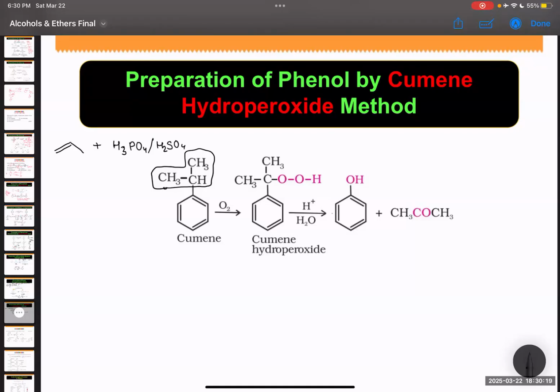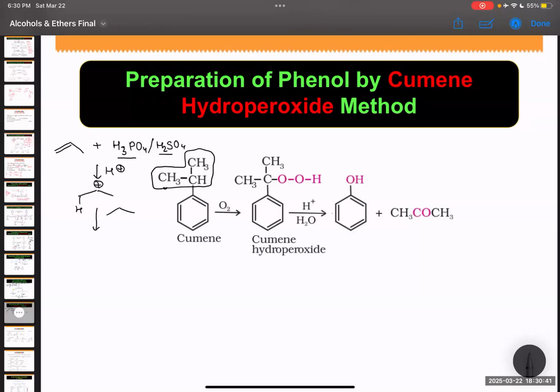These are strong acids, but their anions are not going to come in. So once you have H plus here, to get this cation,